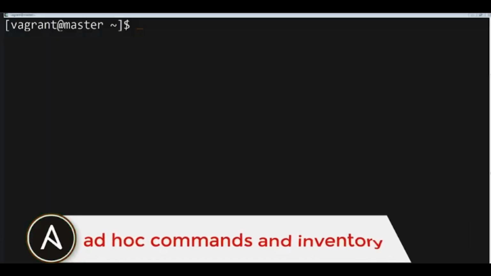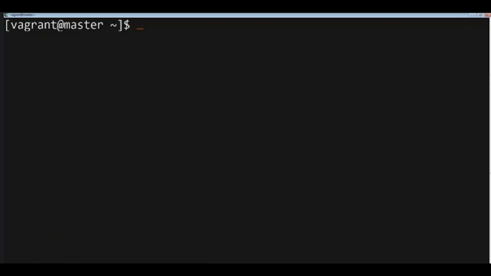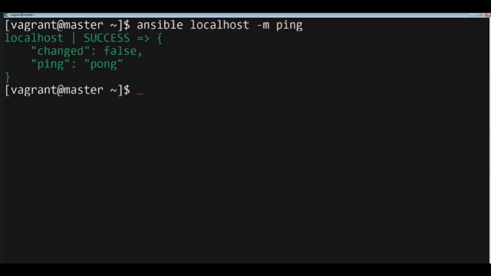Ansible is mainly used with playbooks to allow subtasks to be scripted and organized in a handy pipeline. However, Ansible also has various ad hoc commands. These commands can be issued in the command line. So once Ansible is installed, the ad hoc command line can be used directly. It can be easily tested with a module such as ping. For example, you could type ansible localhost -m, -m means module, because Ansible uses modules, ping, and you'll get an